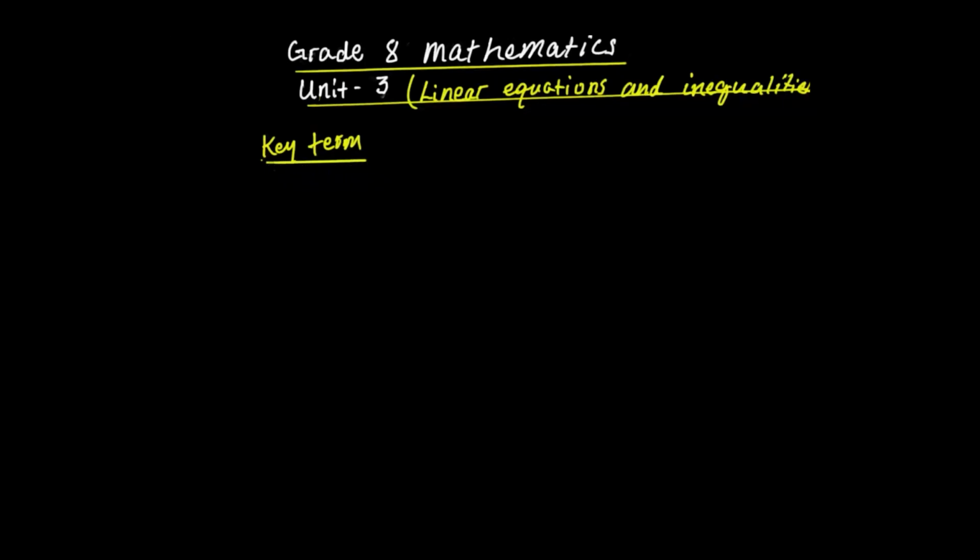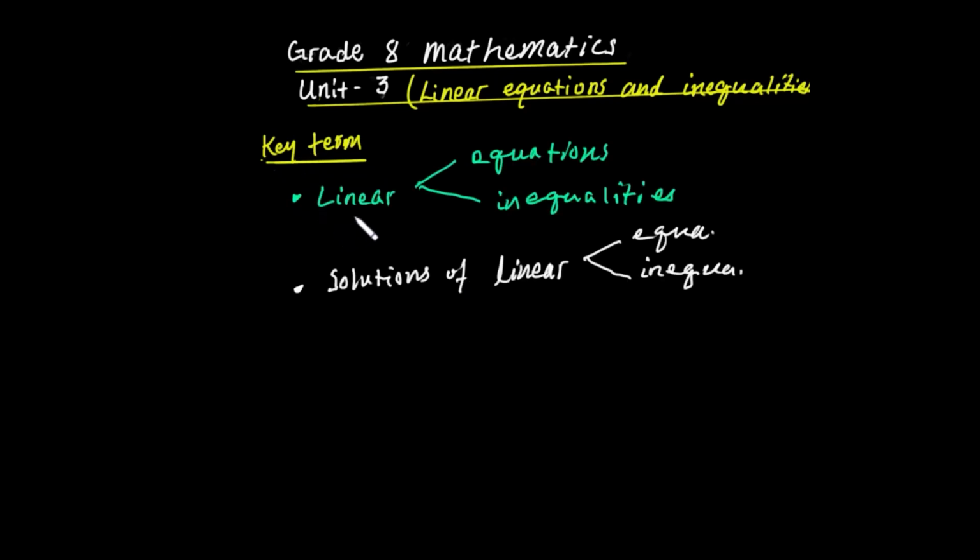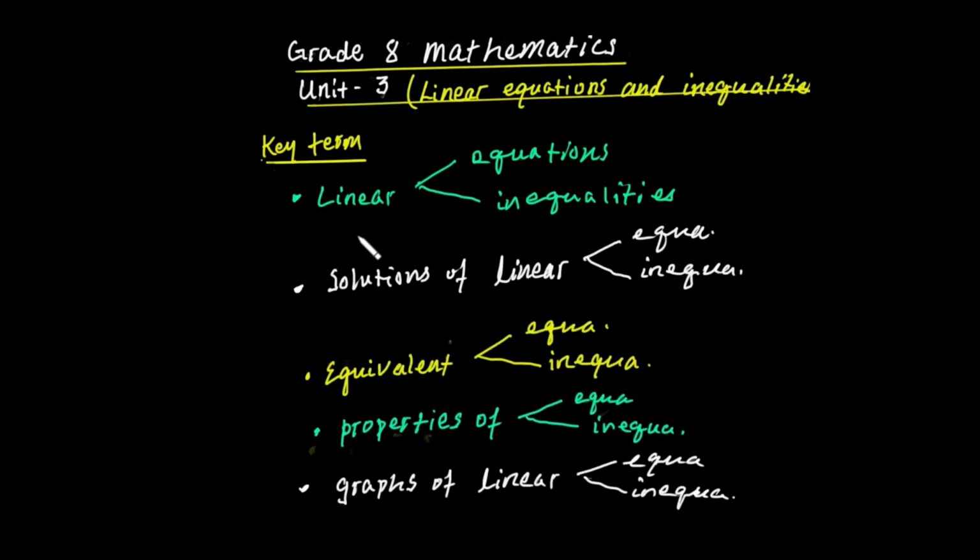ምን ናቸው፣ እነዚህን እስቲ ባጭሩ ለማሳየት ልሞክር። ስለዚህ key terms of the unit፣ የመጀመሪያው linear equations and inequalities ልዩነታቸውን ማወቅ አለብን። ስለዚህ based on this የተለያዩ equations and inequalities ይሰጣሉ ማለት ነው፣ ያንን እንሰራለን። ሌላው solutions of linear equations and inequalities፣ ሶስተኛ equivalent equations and inequalities እናያለን፣ አራተኛ properties of equations and inequalities እናያለን፣ አምስተኛ graphs of linear equations and inequalities እናያለን ማለት ነው።